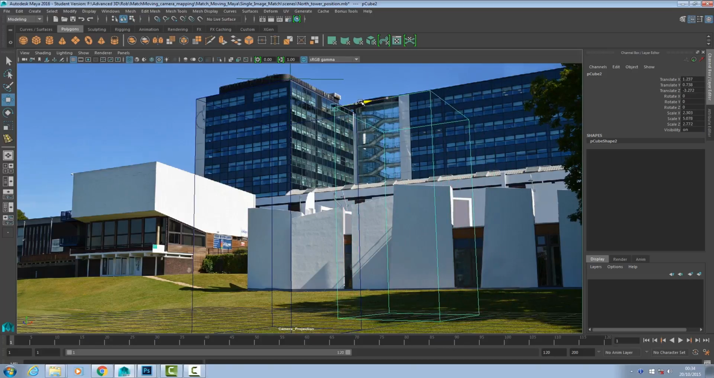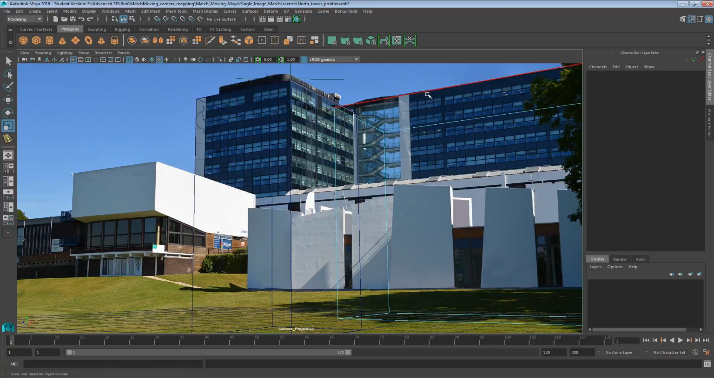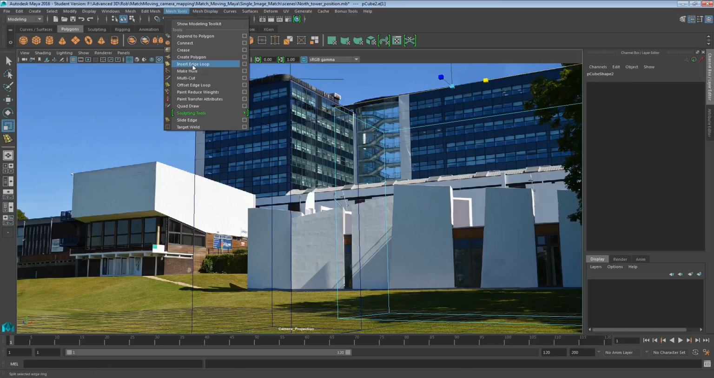So if we move it behind, we can use this point with the scale tool to just fill in the rest of the scene by extruding that out. Now we can see that in the stairwell section, the actual geometry kind of protrudes forwards and goes back in again. So just using the tools you're familiar with, such as Insert Edge Loop, just select an edge, Mesh Tool, Insert Edge Loop,